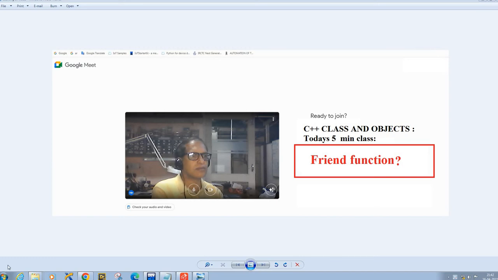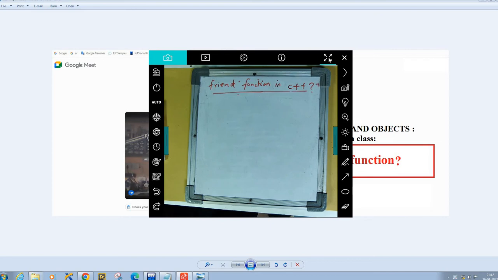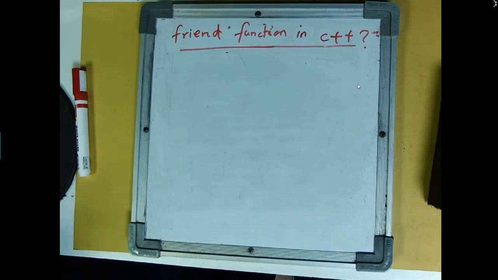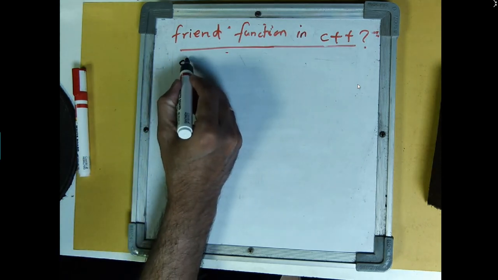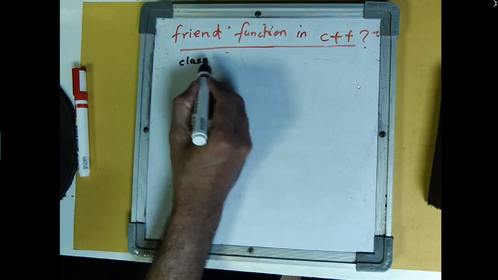Hello students, today you are going to clear the concept of friend function in C++. Let's try to understand what it is. Consider an example. There is a class called a girl,